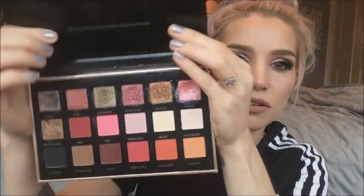Okay, so today I'm going to begin with one of my very favourites. This is by Focallure and it's the Bright Luxe eyeshadow palette. This was, I think, one of the first eyeshadow palettes that I ever tried by Focallure and I just fell in love. The shimmers are just outstandingly amazing. They're definitely comparable with Juvia's Place shimmers in the sense that they're a little bit chunky, but they are metallic, they mean business, and they don't go chunky and look awful on your eyes. So the shimmers are, for me, really what make this palette a stonkingly fantastic palette, but also the mattes